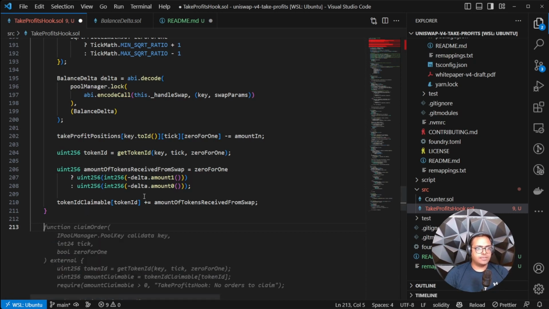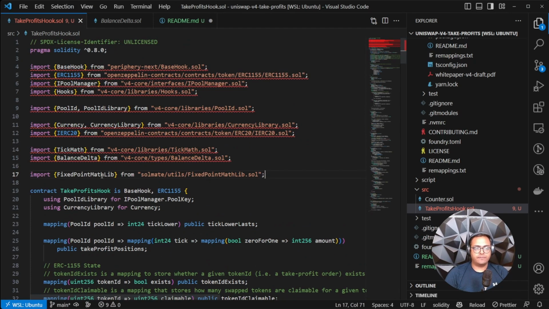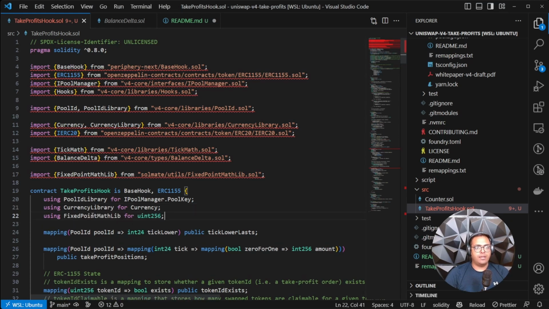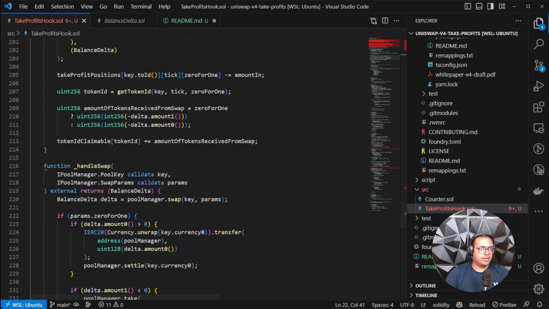So for this, we're going to import another library, this time from Solmate. We're going to import the fixed point maths library from Solmate to have access to this one math function that we need. And we're going to use this library over uint256 values. And then going back down, I'll create the redeem function,